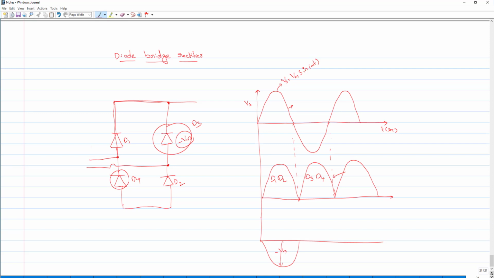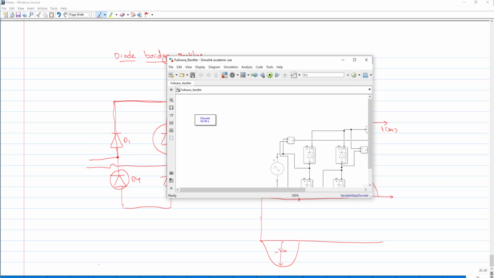So remaining all these, average voltage, average current, RMS voltage, RMS current, input power, input power factor, and power delivered to load remain the same. And hence we generally go ahead with this full bridge rectifier. Okay, so we will discuss in a little more detail about this full bridge rectifier in upcoming sessions. So for our verification purpose, we will do our simulation part.